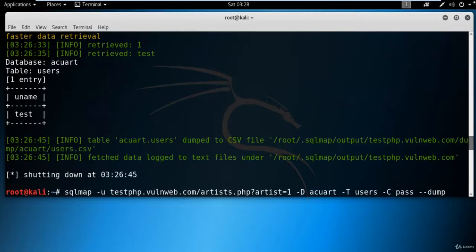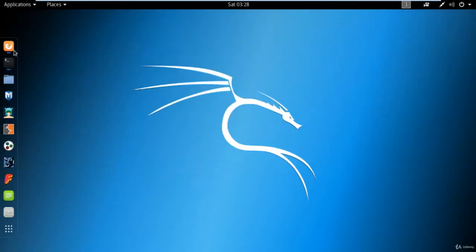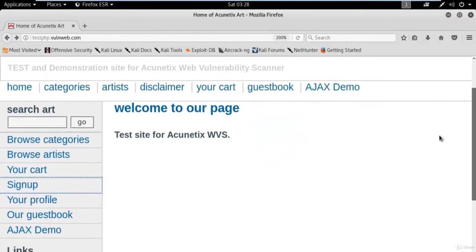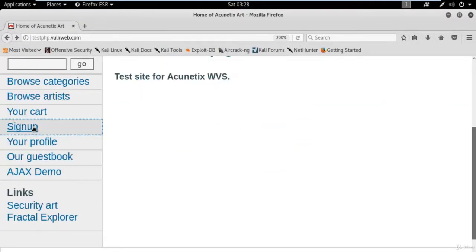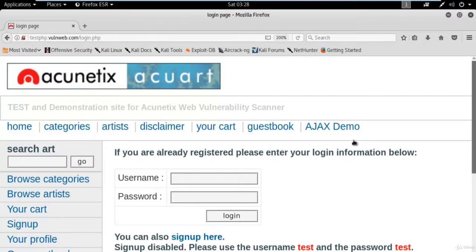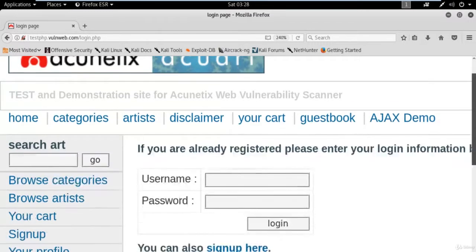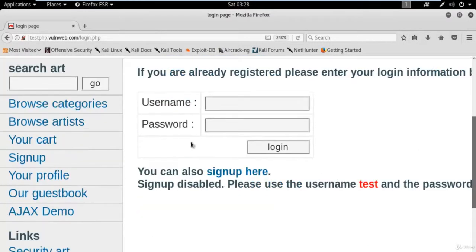So what we can do here, just minimize this, open the website, and in that website you can see on the left hand side there is a sign up button here. So click on that, and on that sign up button you can see there is a username and password. Can you see here? Yeah, this is the username and password panel, right? So we got the username is test, and the password is also test. You can click on login,